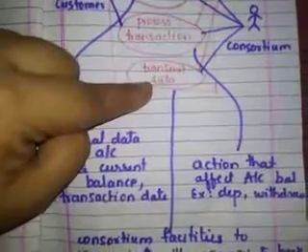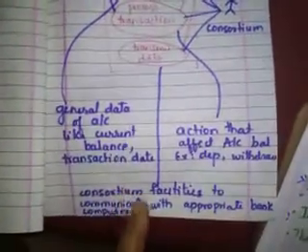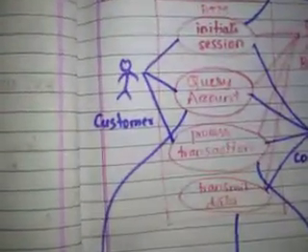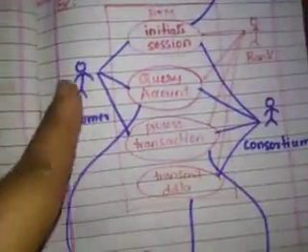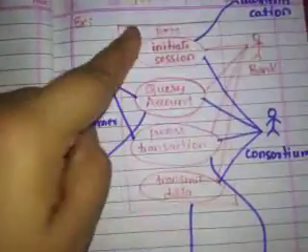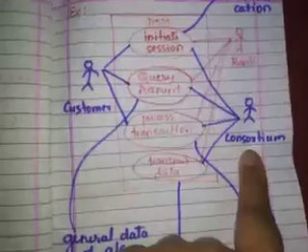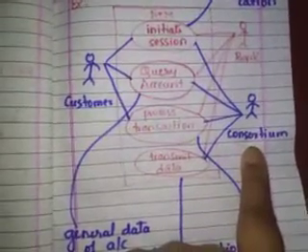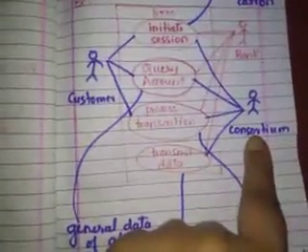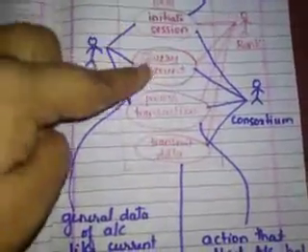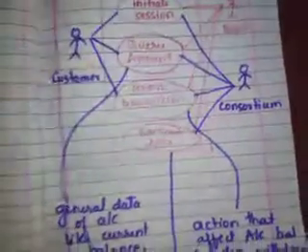And the next use case is transmit the data. That is, the consortium facilitates communication with the appropriate bank computer, because in the ATM, one bank's card can be used in another bank's ATM. So whenever a customer initiates the session, the bank will check his authentication through the consortium, because ATMs are connected to the central computer and the consortium will request the bank for the authentication, and if he is an authenticated user, then only he can proceed and do all the next use cases.